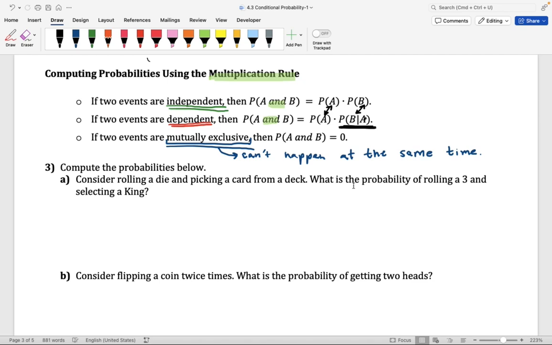If you can simply see the number of ways A and B can happen, then go ahead and use that. Now, if you cannot see the number of ways A and B can happen, then you can go ahead and ask yourself, are the events independent or dependent? And that is going to help you determine which of these two rules you're going to use. The probability of A times the probability of B, or the probability of A times the probability of B given A. I'm going to walk you through that thinking process when we look at the exercises here below.